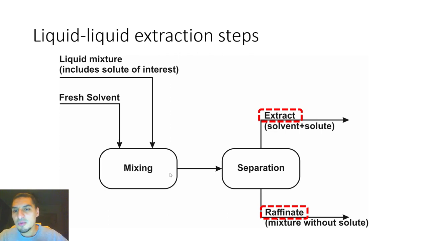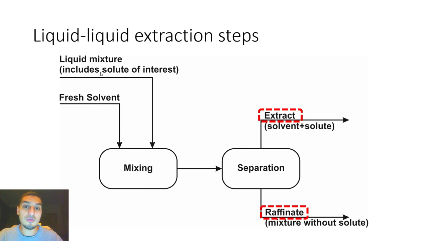We didn't talk about the solvent previously, so it's important to know how to pick a solvent because it's a very critical point in the process. The solvent needs to have some properties which are very essential to make the process successful. The first is that the solvent needs to be selective, meaning that it has to be able to dissolve